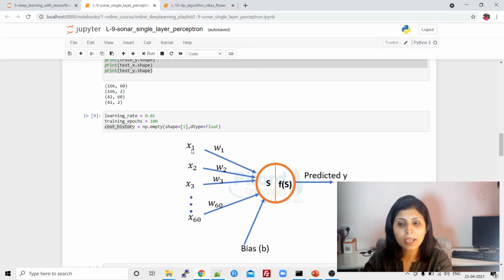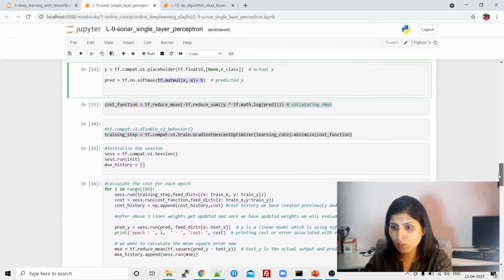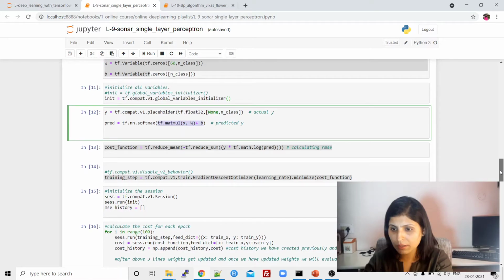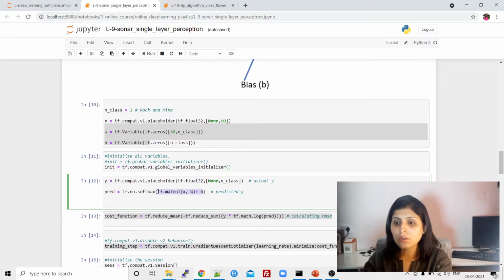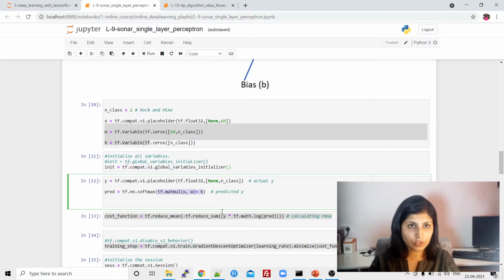It will multiply x1 into w1 plus x2 into w2 plus x3 into w3, and it goes up to x60 into w60, and it will add all the values and then add bias to it. That is the summation function of a perceptron. So this is what I'm doing over here. Where is it? Yeah, here. From here to here, this is the functionality of the summation function of a perceptron.